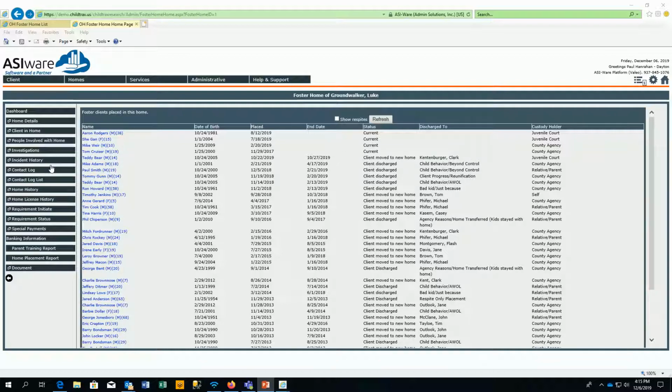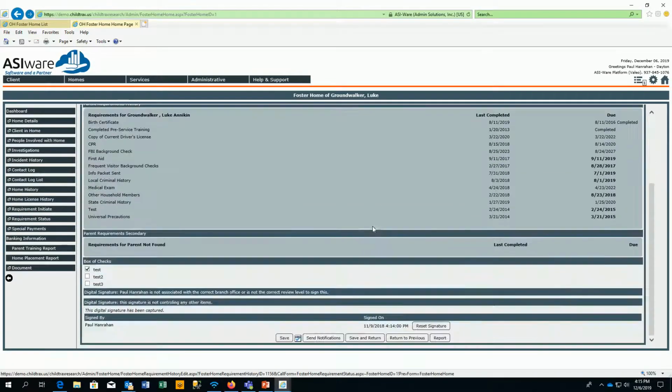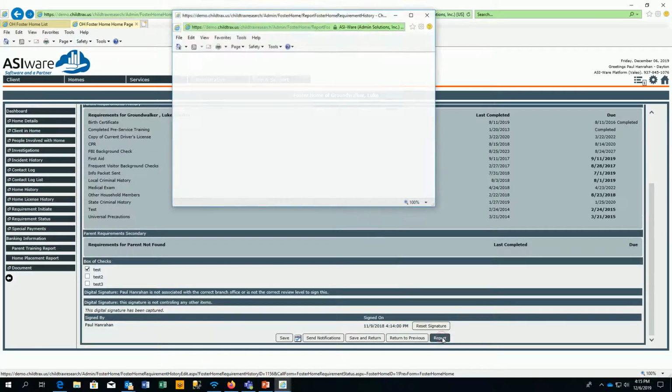Okay, the next change is table maintenance. I'm going to save that for last, actually. I'm going to show you the foster home requirements print form. So let's go down here to the requirement status. So we'll go look at this annual vehicle safety inspection. And all this change involves